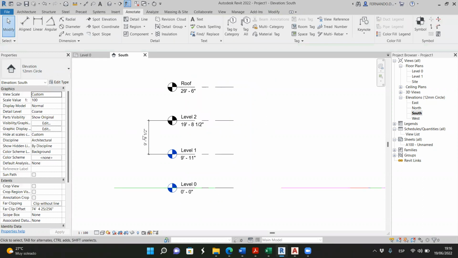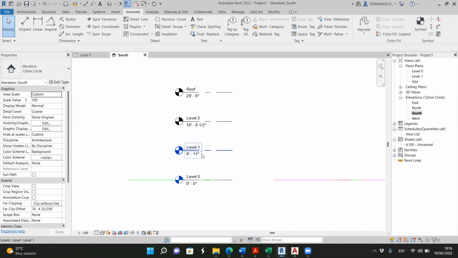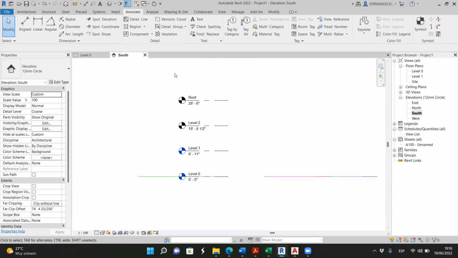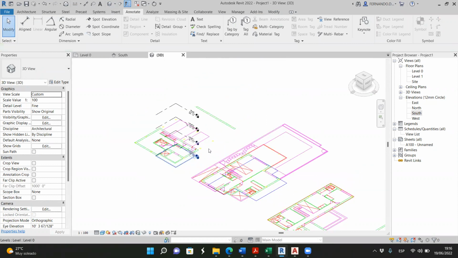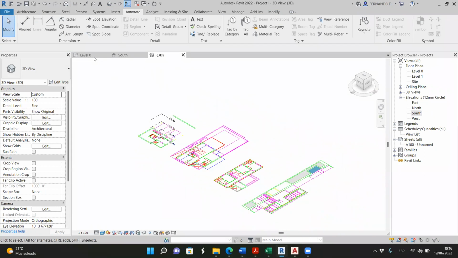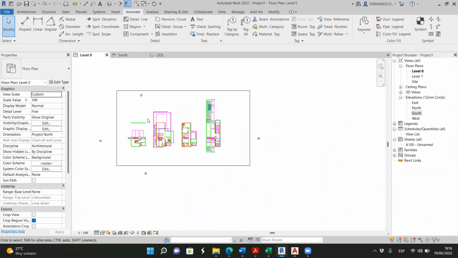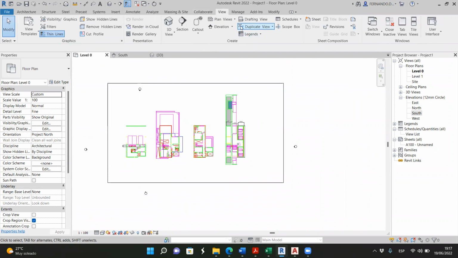Okay, so now those are the levels, and the basement is from level 0 to level 1. So we have to start with level 0 up to level 1. If some of the levels are not showing up, it's because we don't have the scope box. So I think I showed you how to work with the scope box before. If I didn't, I'll do it right now. You see that in view, we have this option of the scope box. Now I want to include all the drawing